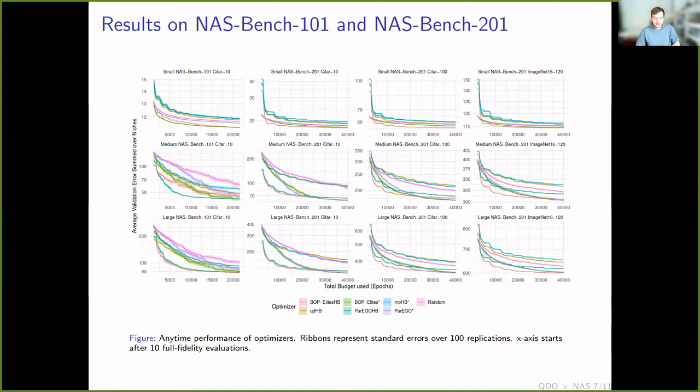On the x-axis, you see the total budget used, simply the total number of epochs used. And on the y-axis, you see the average validation error for each niche. This is summed up over the niches, because the goal in quality diversity optimization is to find high-performing architectures for each niche. We observed that, first of all, quality diversity